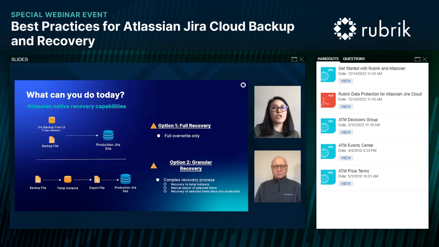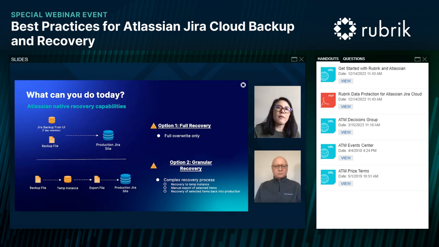And what we just went over is just backup. Now let's turn to recovery, because that's where the value of backups really comes in: can you recover that data? When it comes to the native data recovery capabilities with the Backup Manager, there are really maybe two options. You have this backup file for the whole entire site, and when you use that, you're basically able to just restore everything. It's either all or nothing.